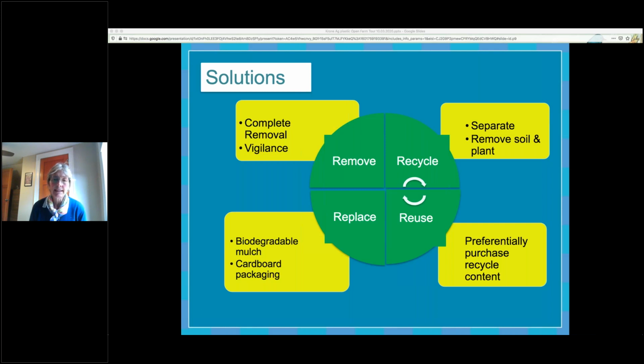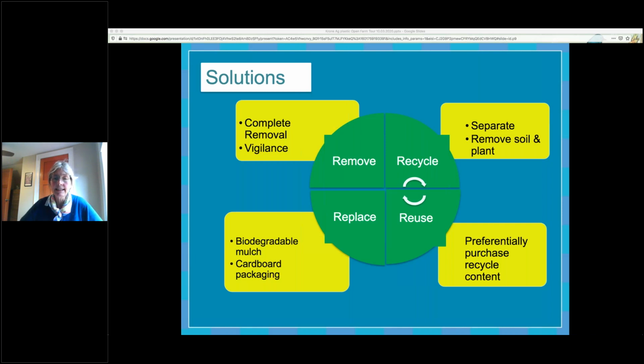I was surprised when I read a study by Washington State University that looked at plastic removal of polyethylene mulch from the field, and their study found that about 10% of the plastic remained in the field after it was removed because it fragmented and broke apart and remained in the soil and in the field and didn't get completely removed. So finding equipment so that we can remove more of that plastic, and being super vigilant, looking for plastic and removing it after that first pass and taking it out of the field is really important.